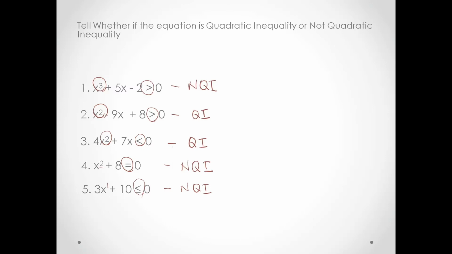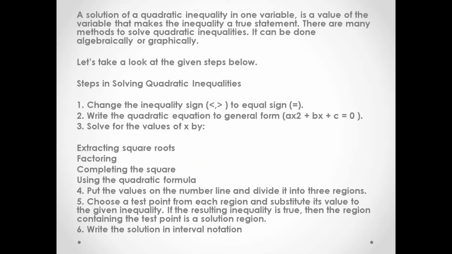So, first, a solution of a quadratic inequality in one variable is a value of the variable that makes the inequality a true statement. There are many methods to solve a quadratic inequality. What we do in solving the quadratic equation is the same in solving the quadratic inequality. If you remember, in solving the quadratic equation, we find the values of x, which